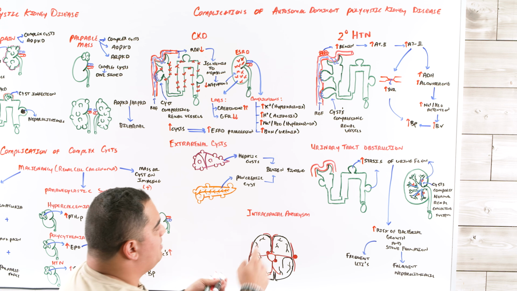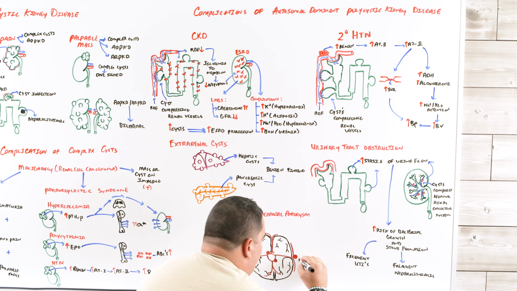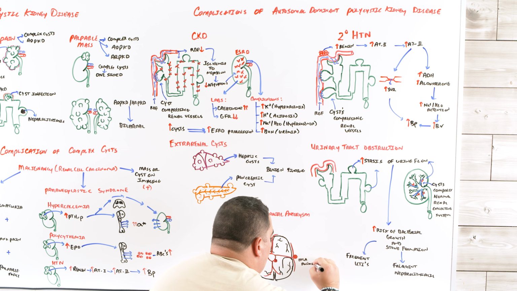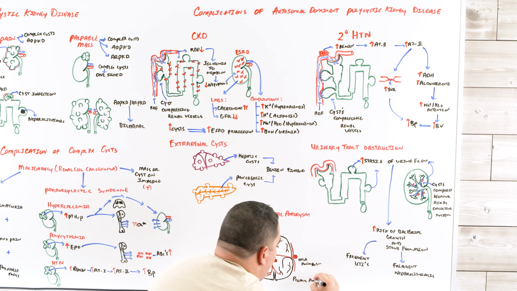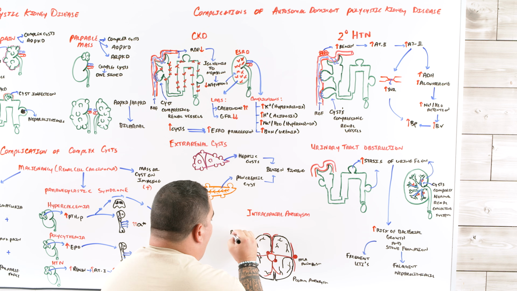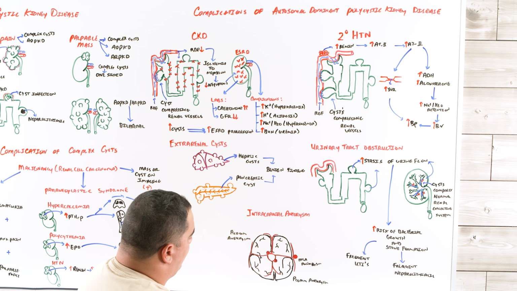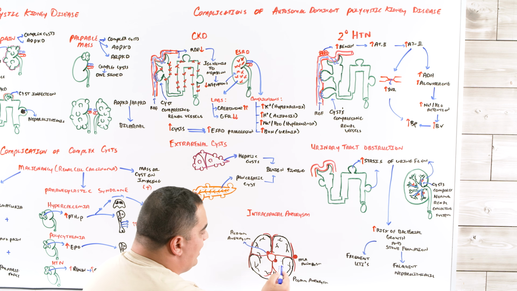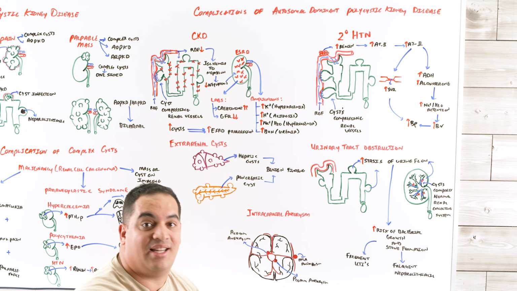So oftentimes these patients can have what's called intracranial aneurysms. For example, here would be an MCA, a middle cerebral artery aneurysm. This is a pretty bad one. Over here, I'll have what's called a posterior communicating artery aneurysm. And then over here, we can have an anterior communicating artery, ACOM, aneurysm. These can form as a result of weakening of the connective tissue within the vessel wall because of a polycystin